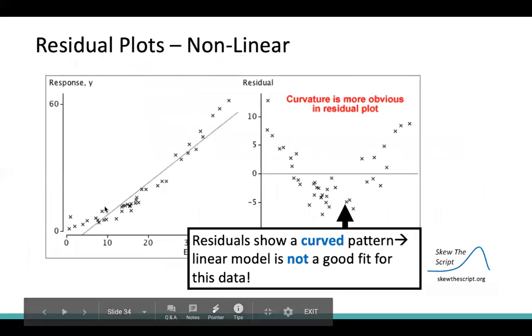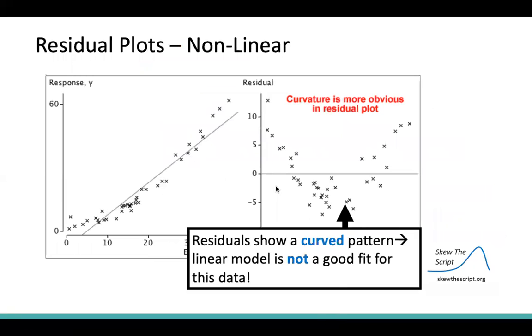Residual plots, why we do them, is they basically zoom in on my graph and show curves in a more obvious way. On the left, on the scatter plot, it's kind of hard to see this curve. It's kind of subtle. And when I have the residual plot, I have this really pronounced curve. When I see a curve pattern, I know that my linear model is not a good fit. I should be using a different prediction model, whether it's exponential or quadratic or